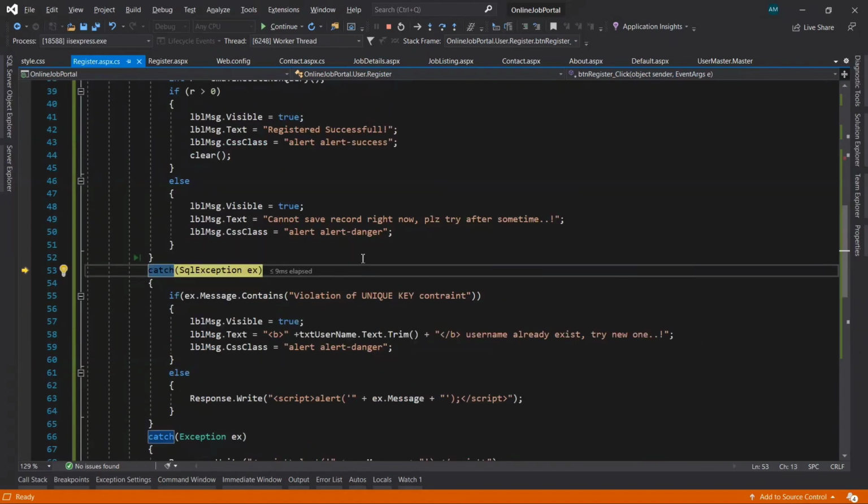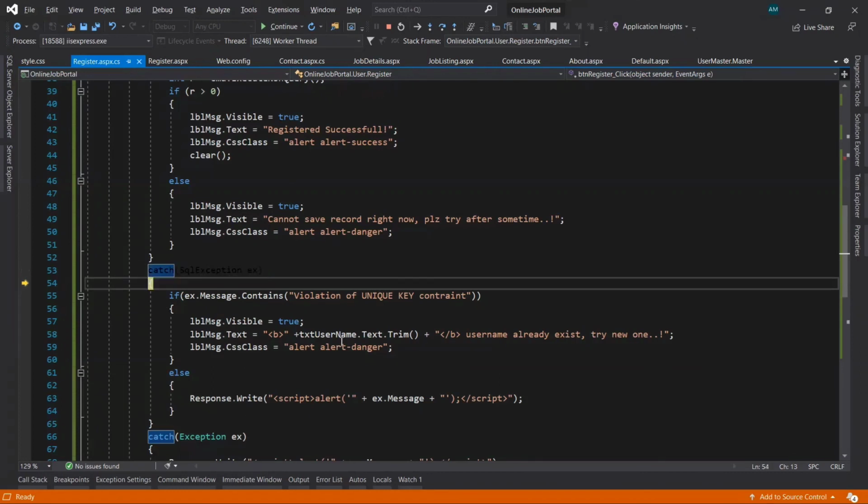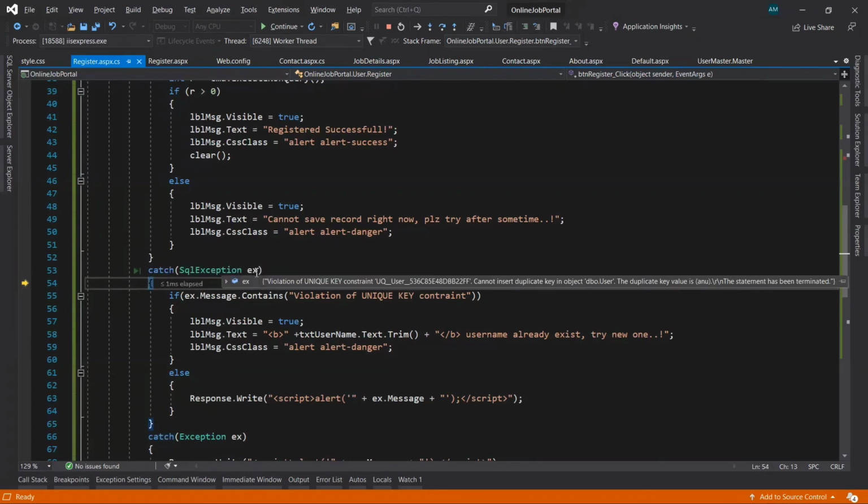So it throws an exception here. What's the exception? We can see: violation of unique key constraint.